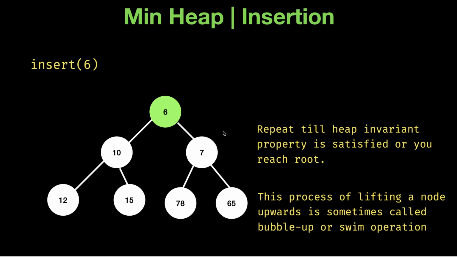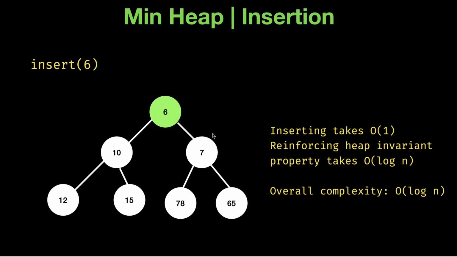So we basically repeat that step until the heap invariant property is satisfied, or we have gradually reached the root node. And this process of lifting up a node in the tree until we reach the root node, or until we satisfy the heap invariant property, is sometimes called the bubble up operation or swim operation. Basically swimming means you come to the surface of the water, right? So yeah,